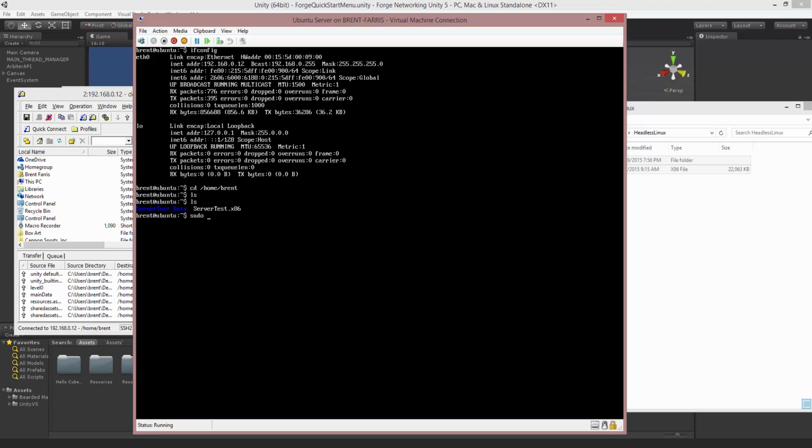So I need to make this file executable. I can do that with sudo chmod +x, on the file name, which is servertest.x86. And you'll see that turned green for this instance. Now I can try to go ahead and run it to see if it works. So